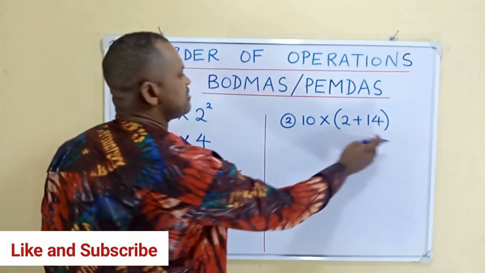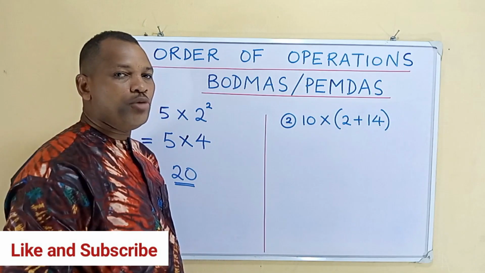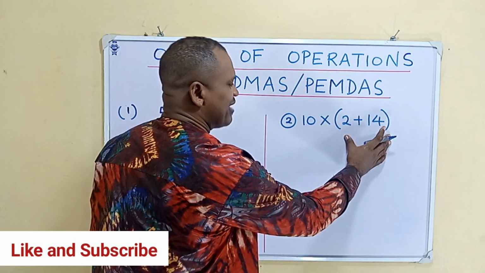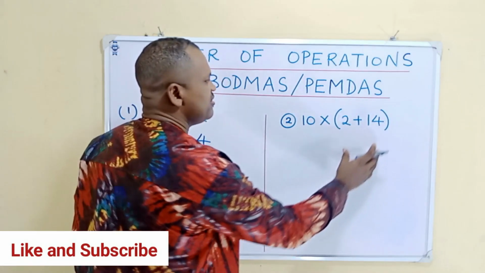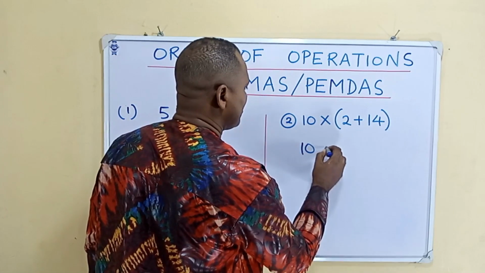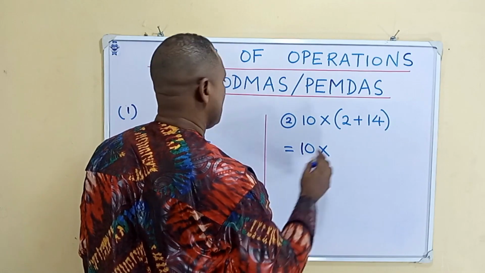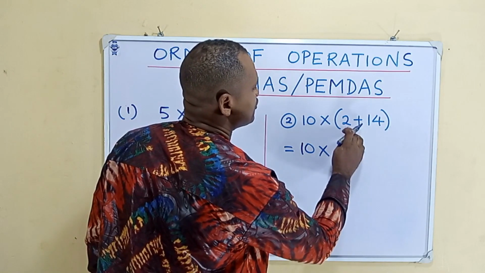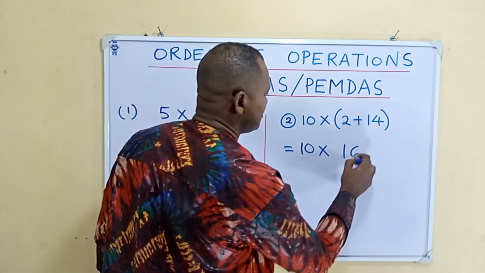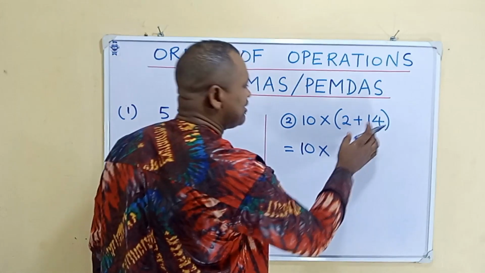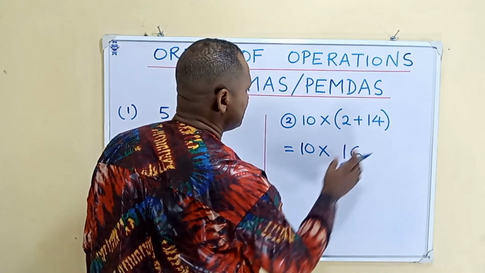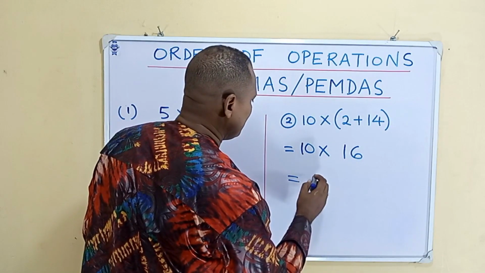Here we have a bracket, addition, and multiplication. But in the order of operation, we have to start with bracket first, or parentheses. So we have to solve what is inside this bracket. So this 10 will come down, rewrite the 10 and the times. So what is here is 2 plus 14, that is 16. So you write your 16. Once you are done with what is inside the bracket, there is no need to write the bracket anymore. So 16, 10 times 16, and that will give you